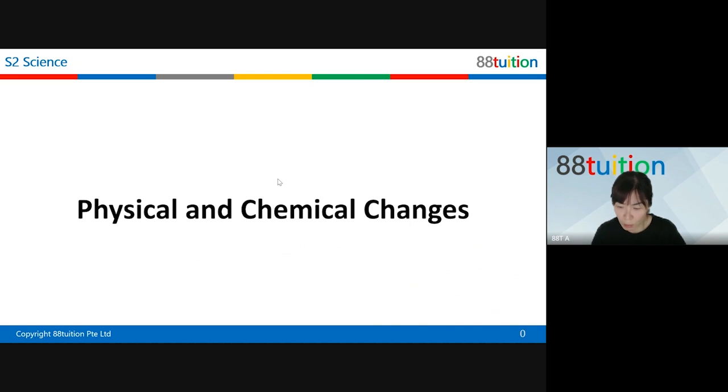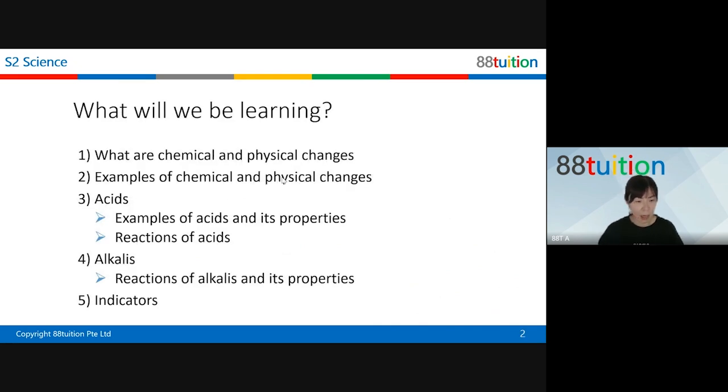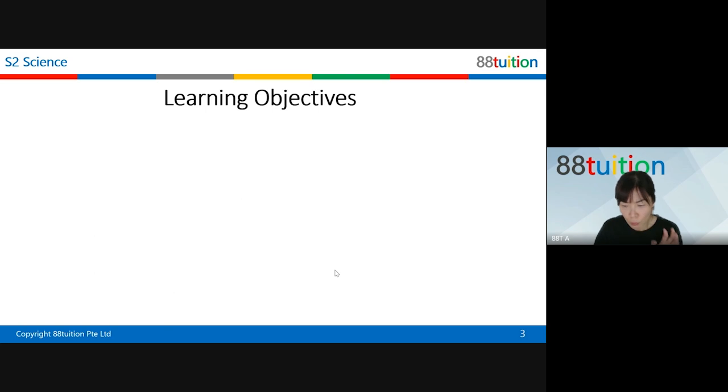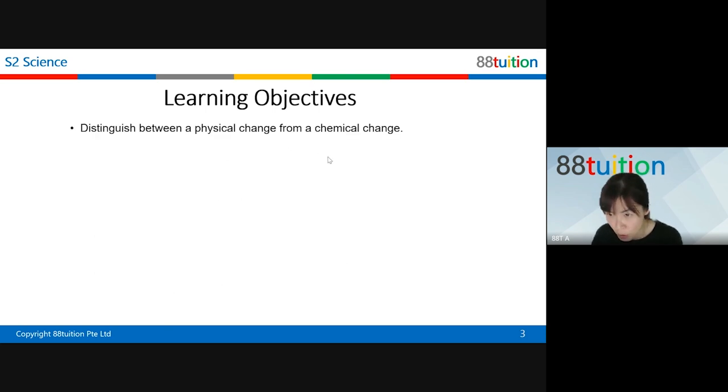Okay, so let's go on to this physical and chemical changes. What are we learning under this topic? Now, we will be exploring these chemical and physical changes. Then we look at some of the examples. So this is what I told you exactly. Then we talk about acids, alkalis, indicators, and also very importantly, the equations. So this entire chapter on chemical changes is about these. But today, we are going to look at the physical change and the chemical change. Basically just focusing on these two.